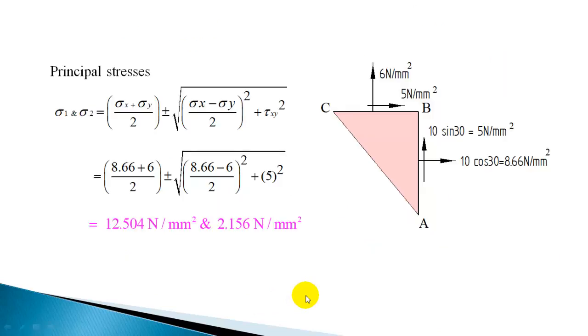You can find out the principal stresses using the equation sigma 1 and sigma 2 as sigma x plus sigma y by 2 plus or minus root of (sigma x minus sigma y by 2) square plus tau xy square. Substitute the values of sigma x, sigma y and tau xy. You get the principal stresses as 12.504 Newton per mm square and 2.156 Newton per mm square. So the plus value corresponds to the major principal stress, the minus value gives the minor principal stress. These are the principal stresses